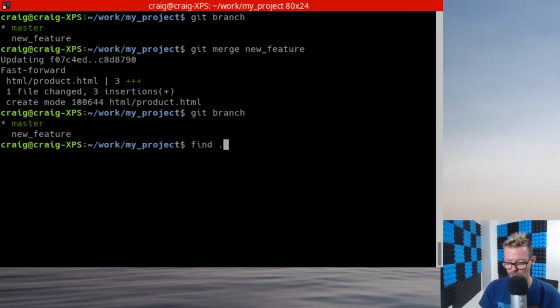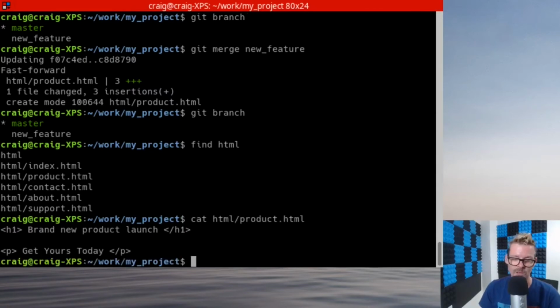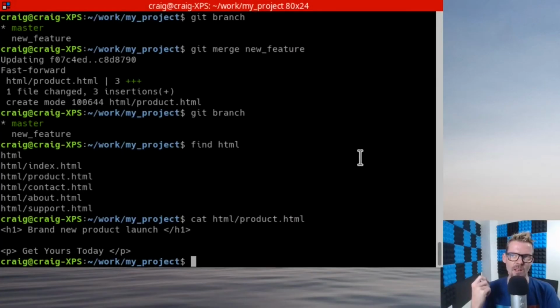If I now have a look under HTML, we can see that we have this file called html product.html. So git merge took all the commits that we made in our feature branch and merged them, reintegrated them back into the master. So there are also times when we have a feature branch and maybe it's slightly long-lived,